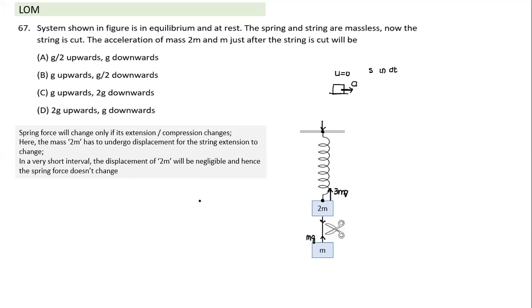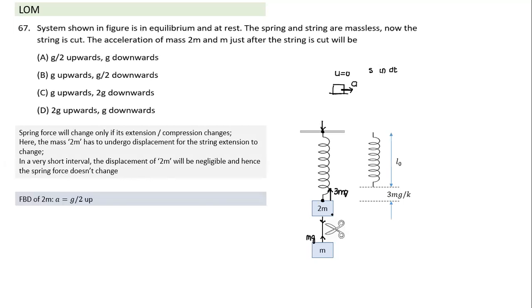In a very short interval, we are at this question. As soon as we cut this string here, what will happen? As soon as you cut the string, suddenly the downward force which was acting on 2 mg will disappear. This tension will become negligible. So the free body diagram of 2 mg will change. What will happen to the free body diagram of 2 mg now? Because of the change in forces, it will get accelerated. But despite acceleration, its position in a very small time interval will not change. So the length of the spring will not change, the spring force will remain the same.